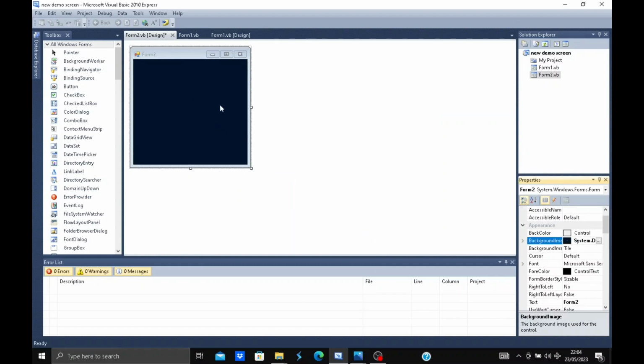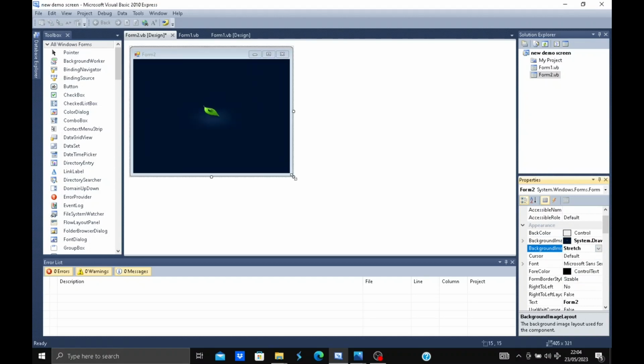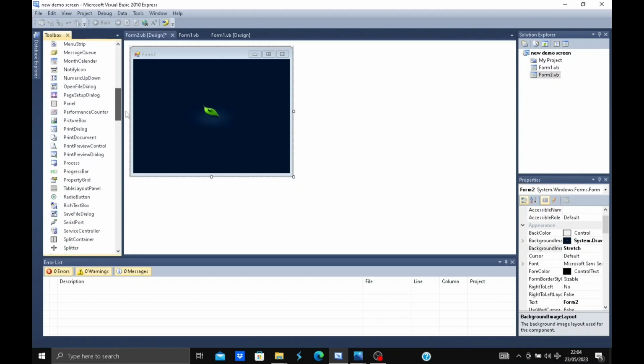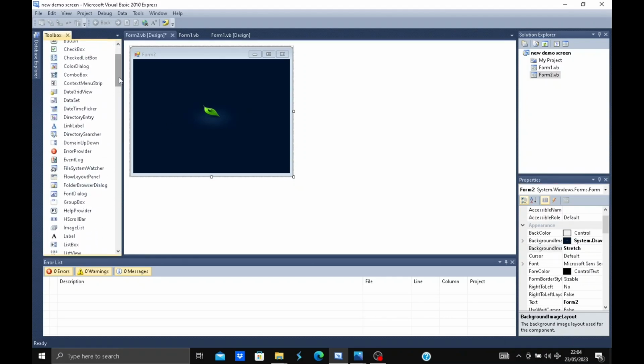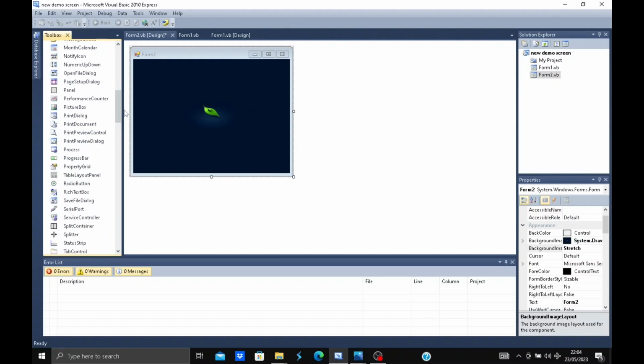Okay, so I can change the background image layout here. This is where I can change the layout, the next line. So I go to stretch. So this is the layout. Let's say this is like our home screen, the home screen of your computer, where you have all your applications and your